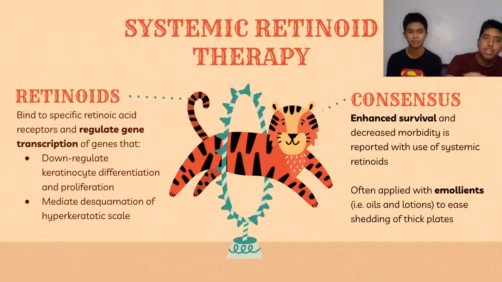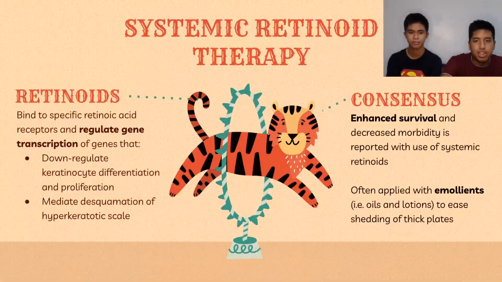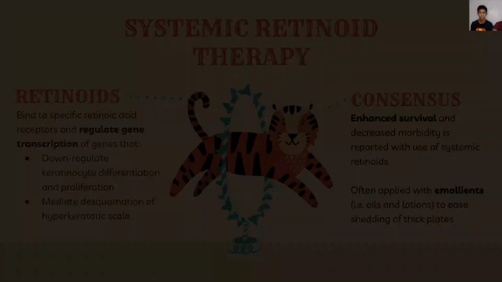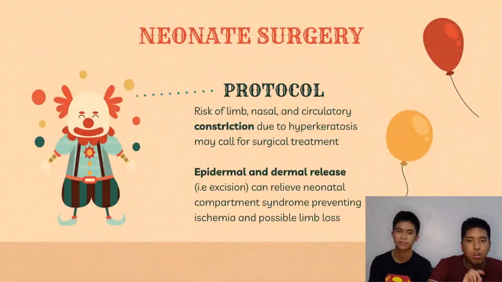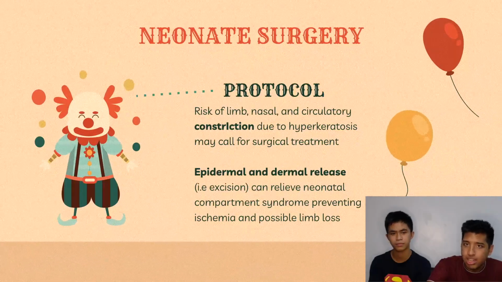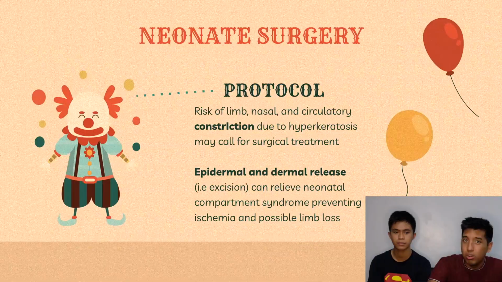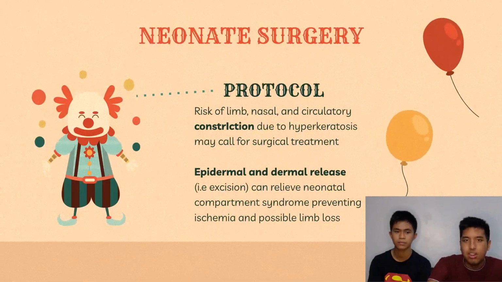In other words, it's not the primary symptoms that cause the death or the ailments, it's the secondary systemic effects that cause these. One example would be the need for neonatal surgery. What happens here is that due to the thickening of the keratin plates, there is a big risk of limb, nasal, and circulatory constriction, as said earlier, due to the hyperkeratosis. And this can call for surgical treatment, not only in an infant's life, but also in the later stages